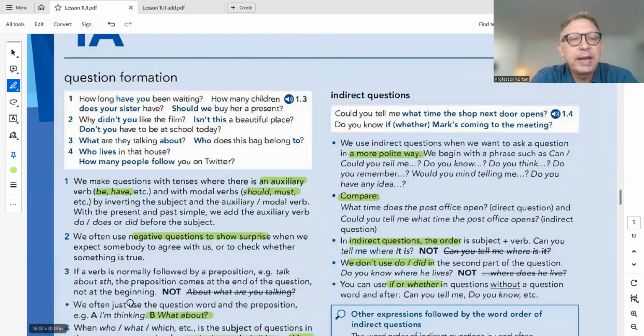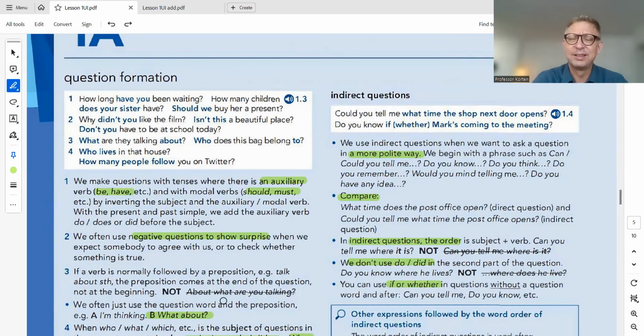All right, here we have, look at below here. I'm thinking, number 3 in the directions, what about? So you can have 2 words form a question. What about? You can also say what? You wouldn't say that here, what, but you can say, what about? What were you thinking about? That's the full question, but if we shorten it, we can say, what about? Or, about what? About what?